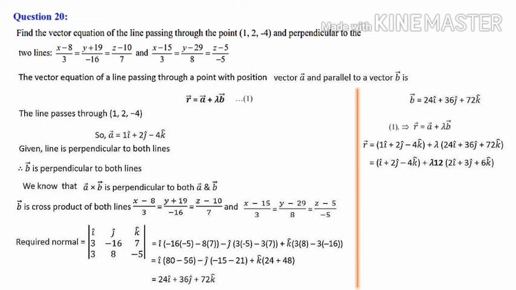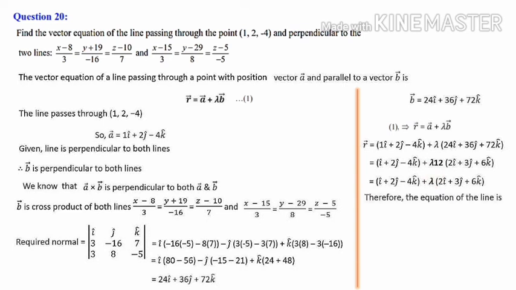But here again I am using this 1 into 12. It is a constant. So instead of 12 lambda, I am using lambda again: i cap plus 2j cap minus 4k cap plus lambda into 2 i cap plus 3j cap plus 6k cap. If you don't want lambda here, you can use mu. It's not a problem. Lambda means it is a constant. So lambda into 12 I have considered as lambda again. If you want to put any other constant, you can use it like mu.